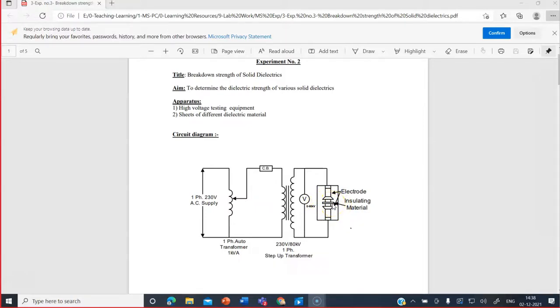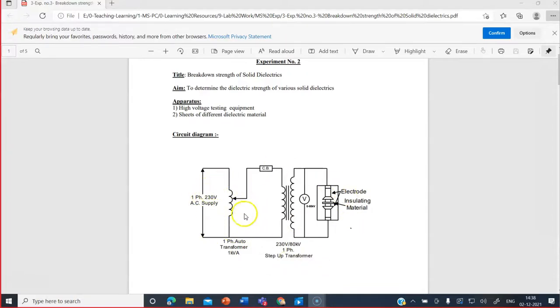But we tested in the oil testing kit only, because with flat electrodes we are not getting voltage on the test circuits. Because the transformer rating is higher, a lower voltage is not possible to read. So we use the oil testing kit only. But you note down, the electrode for solid material testing has to be flat or Rogowski. Because oral exams will be based on all such questions, and the procedure is the same.